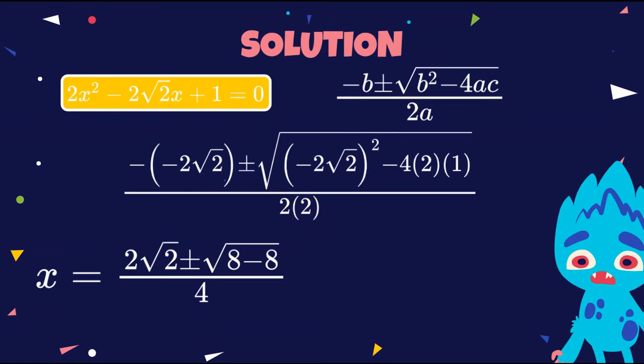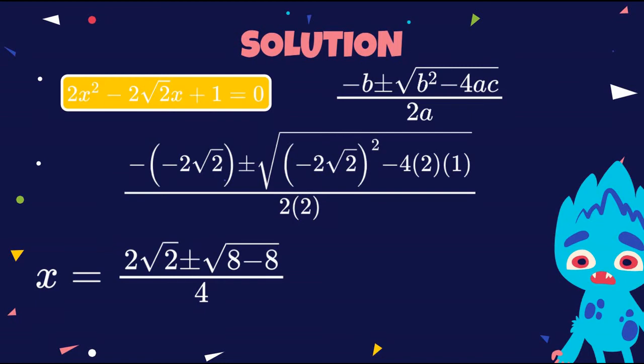The first term is going to become 8 inside the root, and then we have minus 4 into 2 into 1, so that is just 8. So root of 8 minus 8, and in the denominator 2 into 2 would be 4. So that's what we got. So we have got the value of x. So what is this quadratic formula itself? The quadratic formula is helpful for finding the value of x. So x is equal to minus b plus or minus root of b square minus 4ac by 2a would be the official formula. So in here the value of x would be 2 root 2 plus or minus root of 8 minus